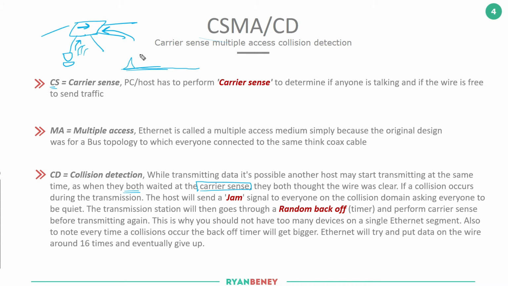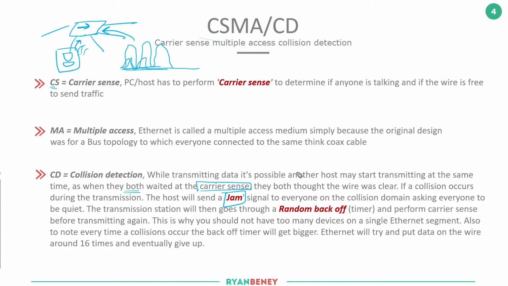If a collision occurs, the way the sending device, let's say this person, knows that there's a collision is because all of a sudden the traffic they're sending, they start to receive a lot of electrical bounce back, and because of that they make an assumption that someone else must be sending at the same time, and the host will send what's called a jam signal onto the wire, and everyone in the collision domain, so again everyone connected to that coax cable or everyone connected to that hub, will go into a